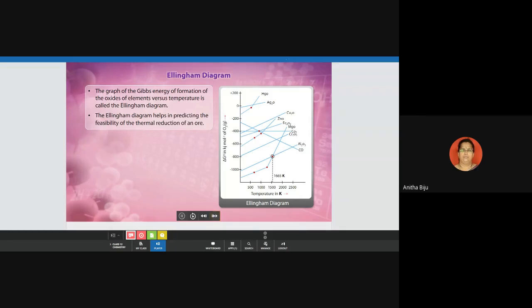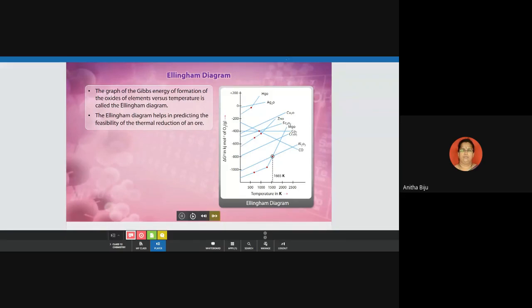And this diagram seems to be complicated, but this is not complicated. At least you must remember which things you plot on the x-axis and which things you plot on the y-axis. That you have to try to remember. First of all, look at the y-axis. What are the values mentioned on the y-axis? Look at that. Delta G naught value. So what is delta G naught? Standard Gibbs free energy. The 0 stands for standard. Delta G means a change in free energy. So standard change in Gibbs free energy is plotted on the y-axis.